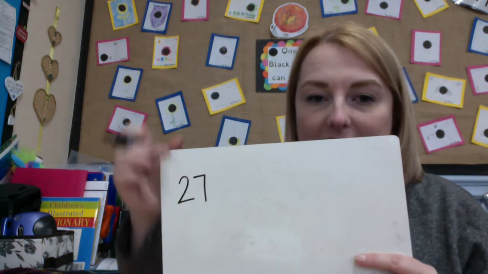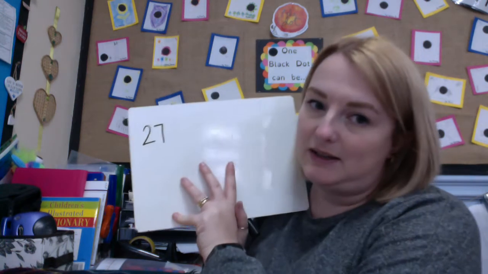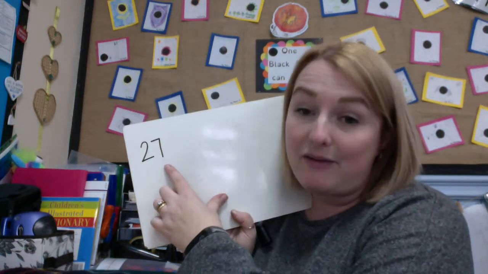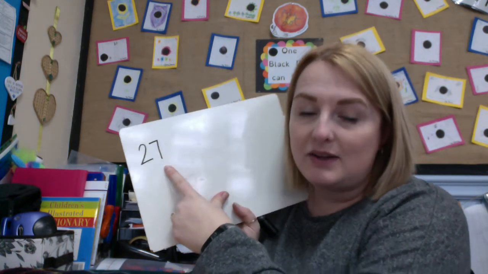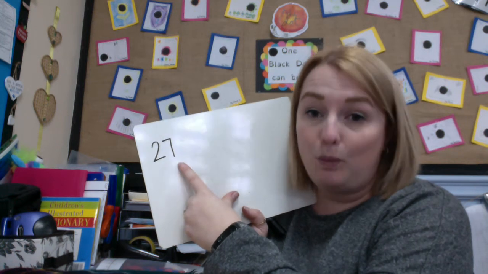So let's start with base 10. I'm going to show you how to draw the base 10 because a lot of you probably won't have it at home. So I'm going to pick a number between 0 and 50. I'm going to pick the number 27. I know, looking at my number 27, that the 7 is my ones. So that means I have 7 ones. So I'm going to draw